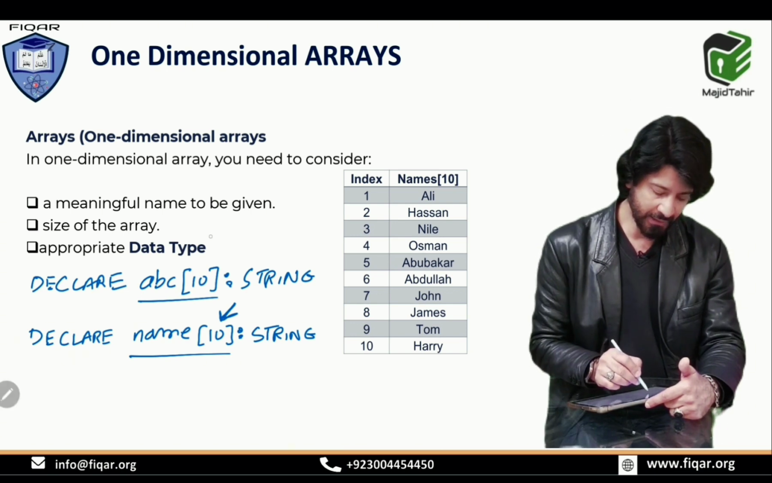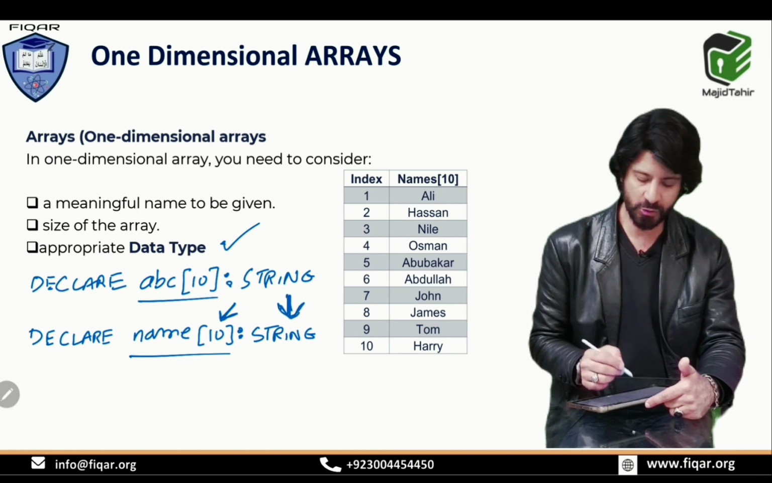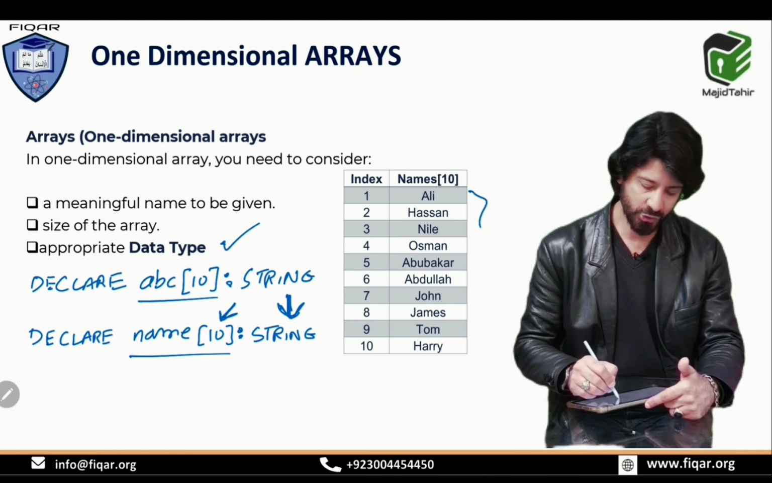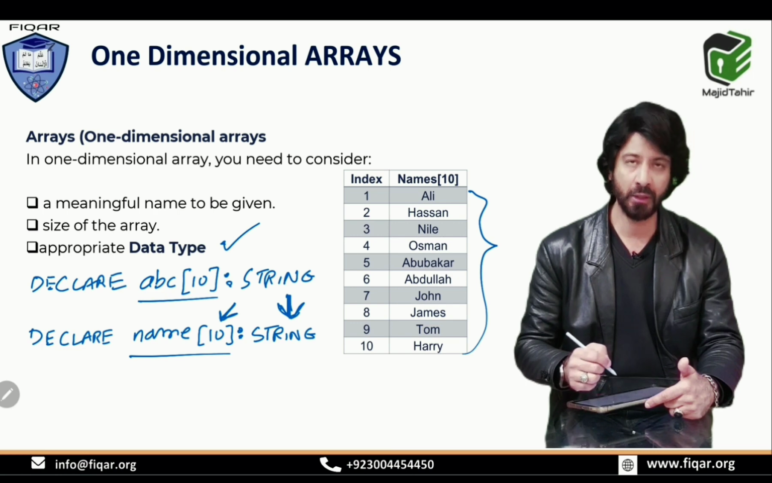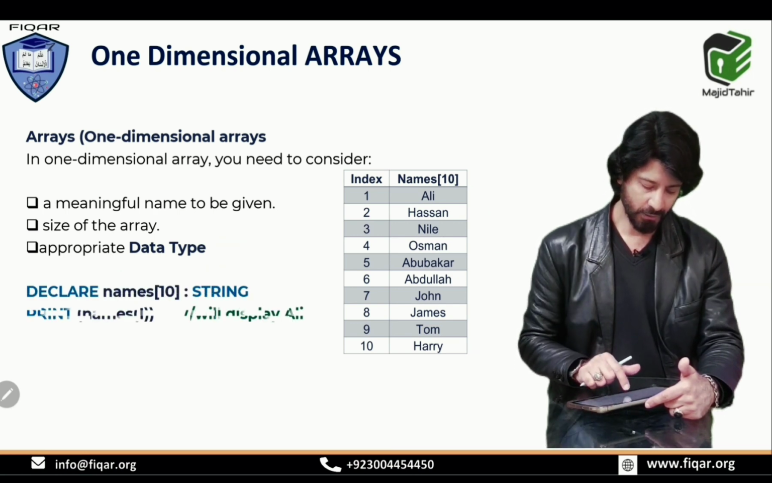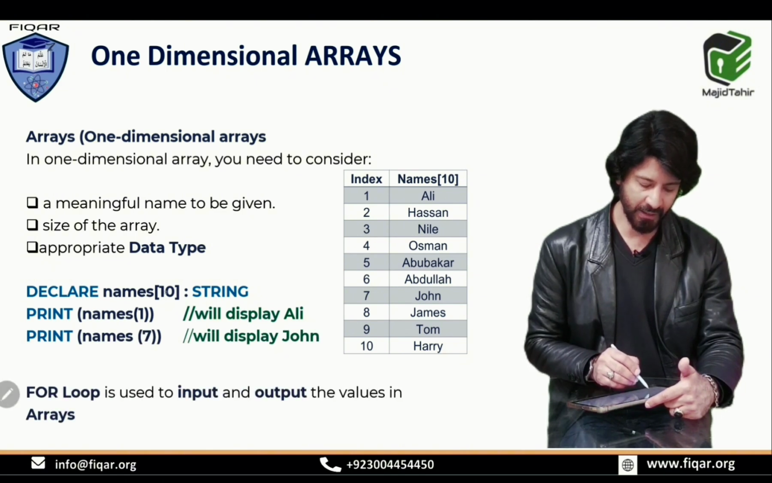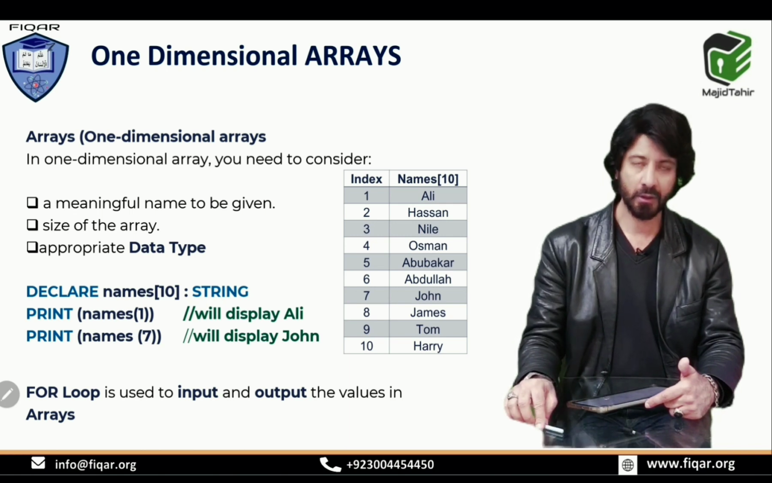So the size of the array and the data type, this is the data type that we have used. String data type is used because we know that alphabets are used in the string data type. This is just for reference: initially the array will be blank. If we have this code, for example, declare name 10 as strings, we know that this array is storing